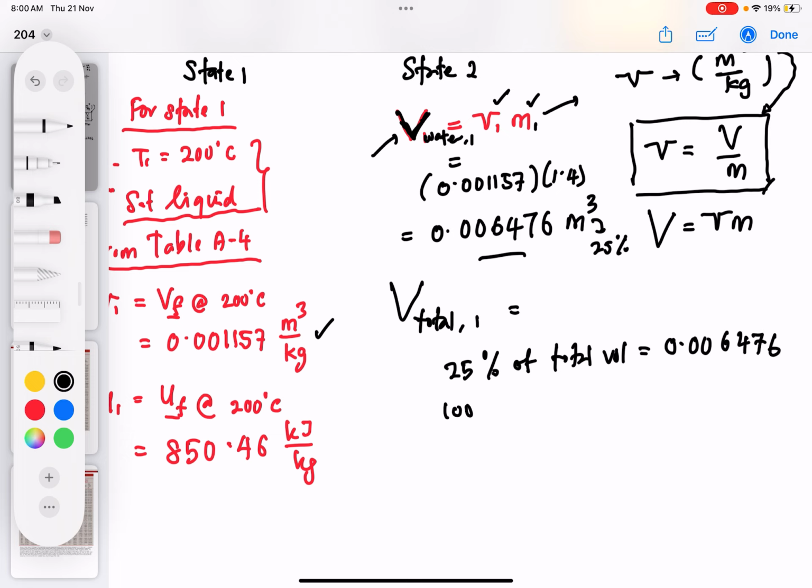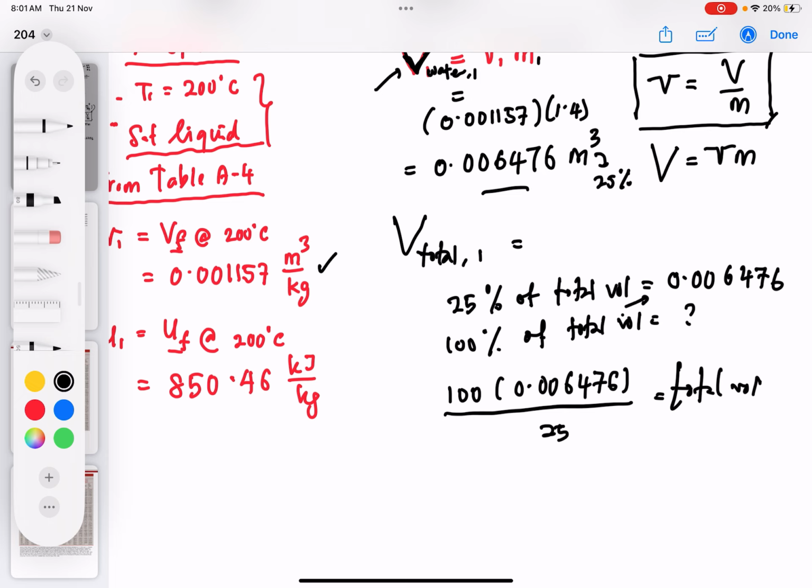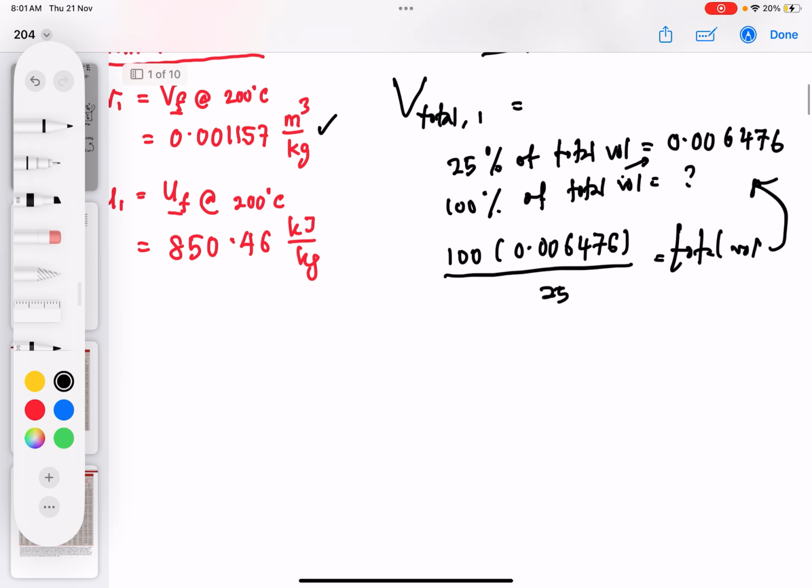And then if I would like to find the total volume, the total should be 100%. So 100% of total volume is going to be, I have to use multiplication: this one multiplied by this one divided by this one. So now I have 100 multiplied by 0.006476 divided by 25 equals the total volume. So this one is just mathematics. So I should get that the total volume is equal to